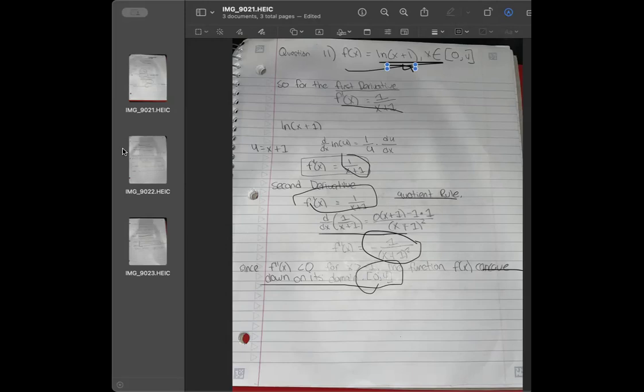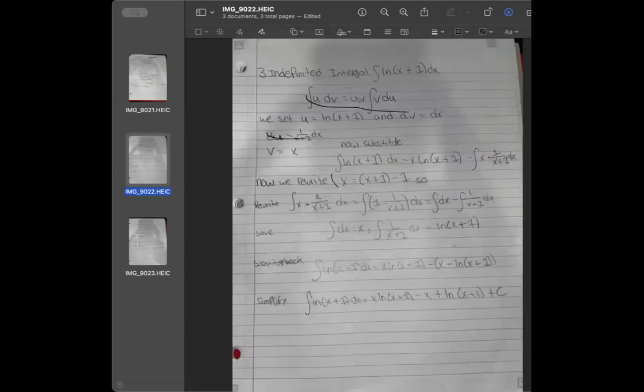Okay, and we go to the second one. Okay, so the integral, to find the, let me see. Give me a second. Oh, I think,